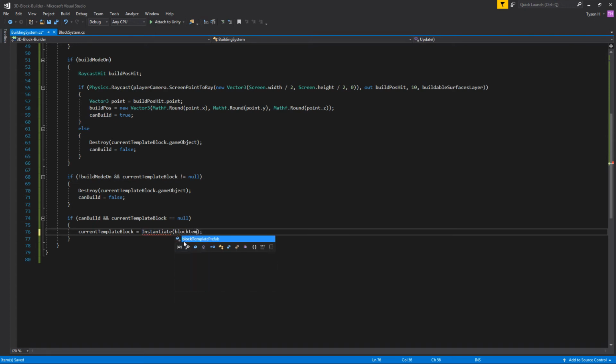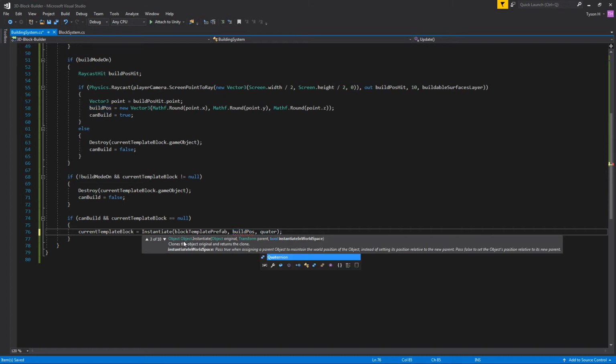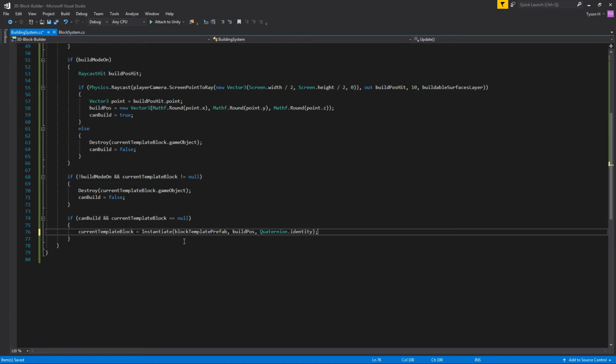So we'll say block template prefab. We're going to create it at build pos. So this is where the vector 3 comes in. That's that rounded position, and we're just going to give it a rotation. Doesn't matter what way it's rotated. Cool. So that creates our template block that just brings it into the world and places it at the rounded